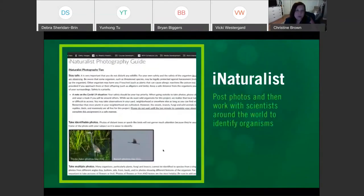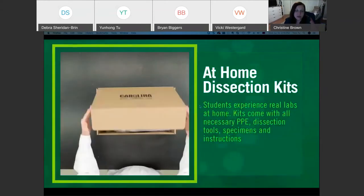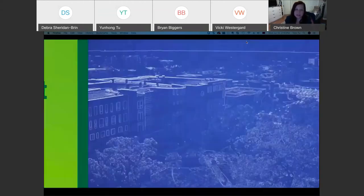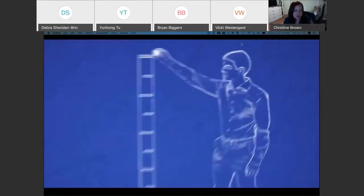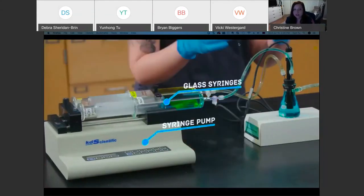So as you can see, we used a variety of technology with all of our lab courses. And really what I wanted to talk about today is we kind of flipped our entire process upside down. So probably like typical other instructional design and learning design groups, you know, we're used to a completely customized approach, right? For us, we get